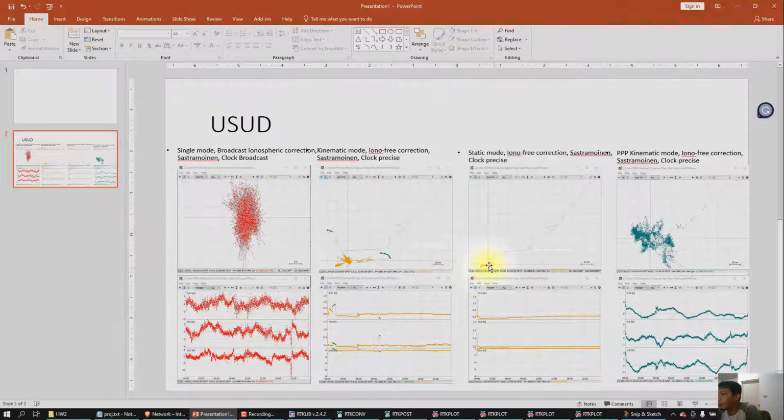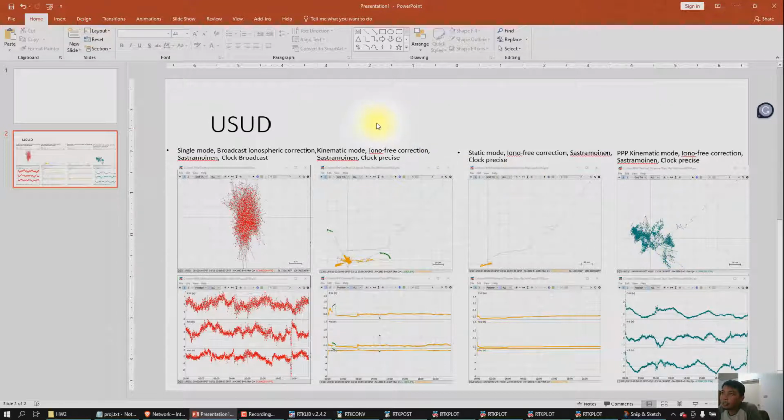And if we go further to the static mode, it shows a more precise GPS. And if we use PPP kinematic, it shows a bit higher error than the static and kinematic.